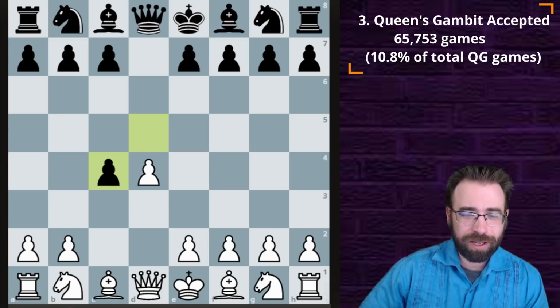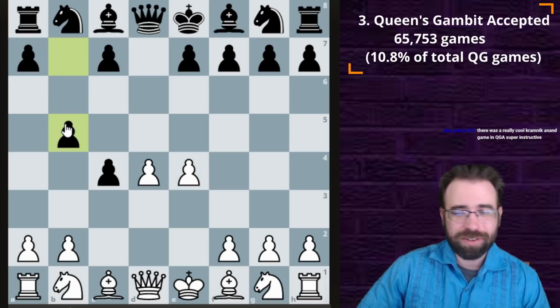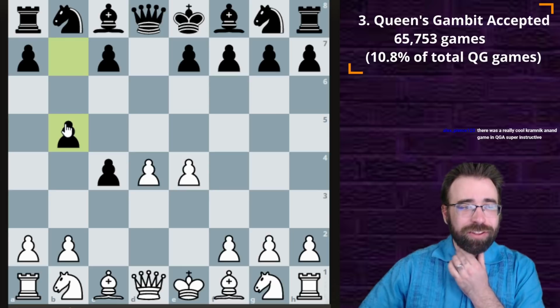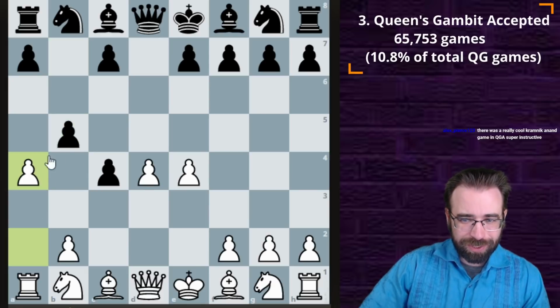But b4 is thematic. This is actually one of the more interesting lines. If in this position, I guess you're talking about the other position, but b5 here is also a very interesting move. And a lot of the Anand games, as mentioned, are super instructive for Queen's Gambit Accepted for sure. How does this line go? There's one line